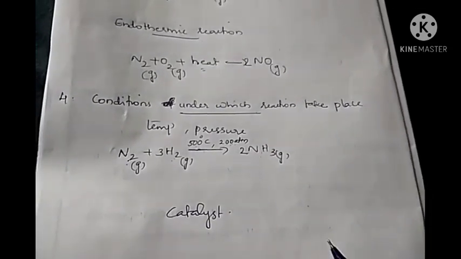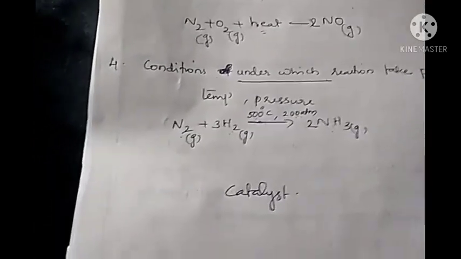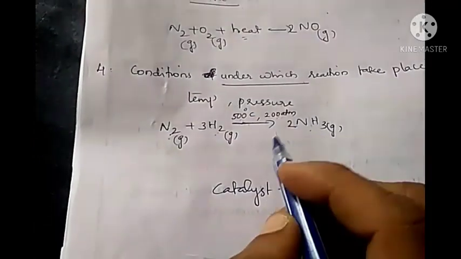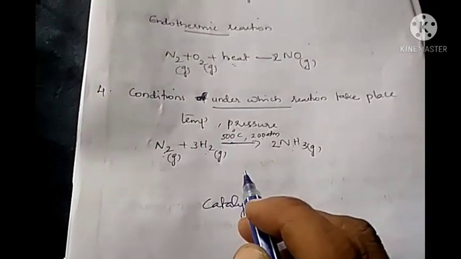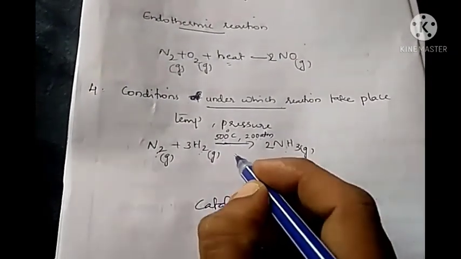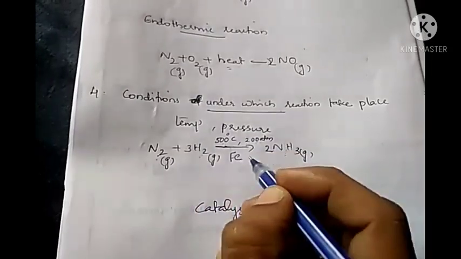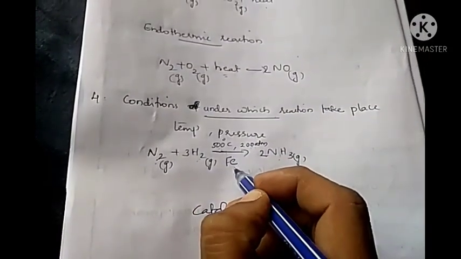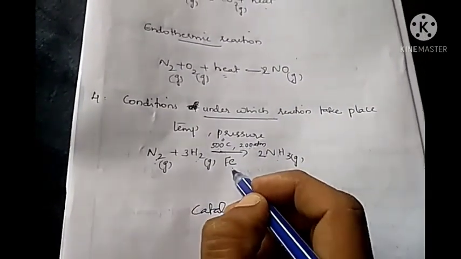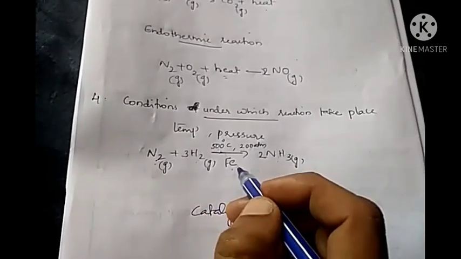So a catalyst means the substance we are adding to increase the speed of the reaction. And it is not involved in the chemical reaction, and we will get it back after the reaction. Such a substance is known as a catalyst, and here we are adding a catalyst, that is iron. So the name of the catalyst also we can represent in this equation, below the arrow. Below the arrow we are writing the name of the catalyst, that is iron.